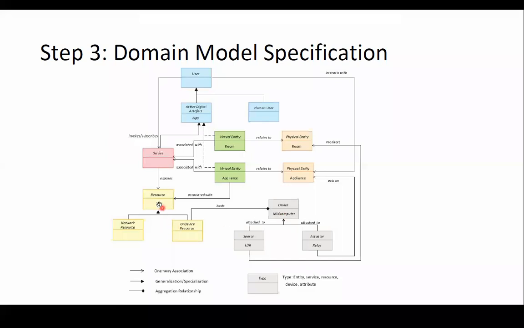That mini computer will be used for detecting various appliances. Those appliances can be either physical appliances or physical entities, or they can be virtual entities. To access these virtual and physical appliances or entities, there should be some external services, and those web services can be used to control or monitor these physical or virtual entities.